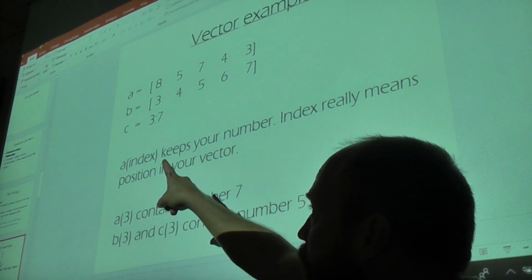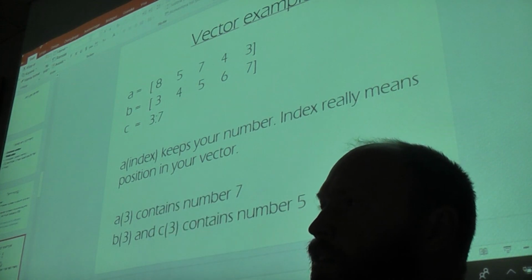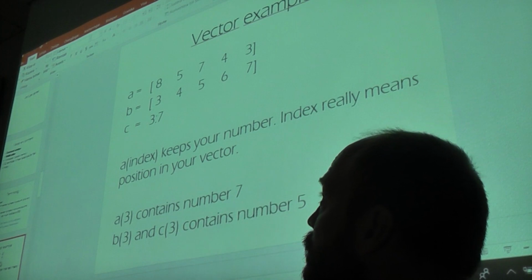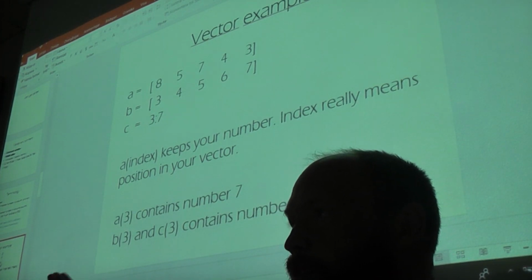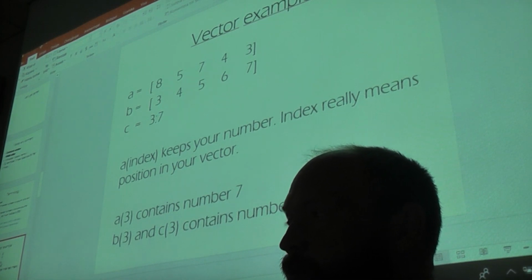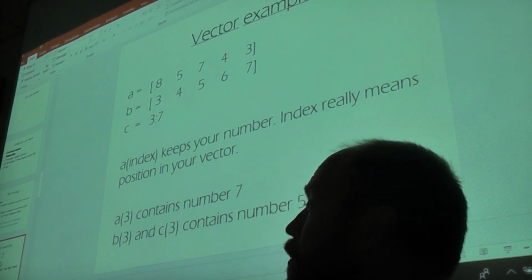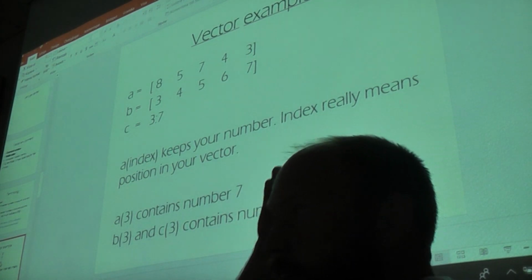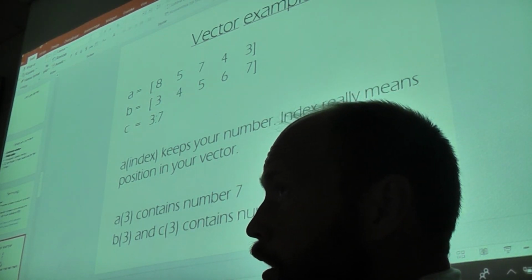So in the last example, C equals 3:7 is exactly the same as the row above. So colon means take the integer values between the values that you specify before and after. I think you should all try to write this in the command window and see what you get.